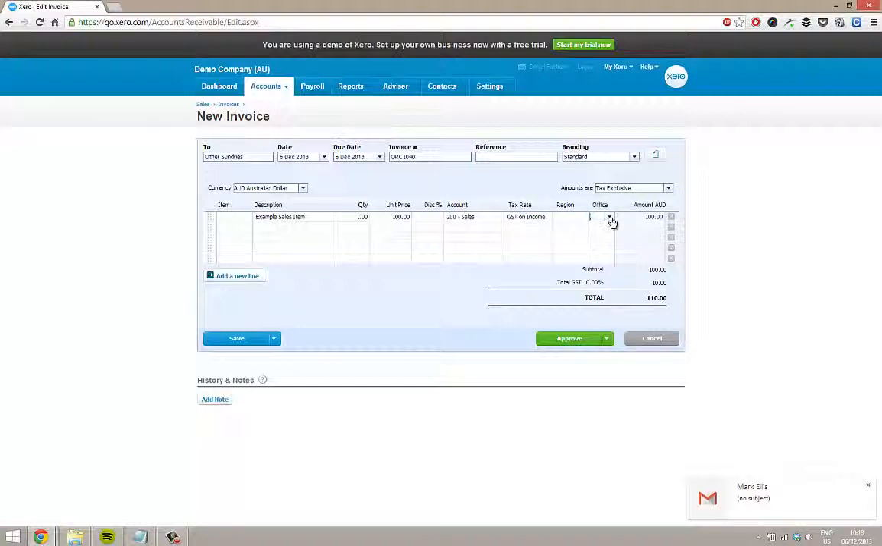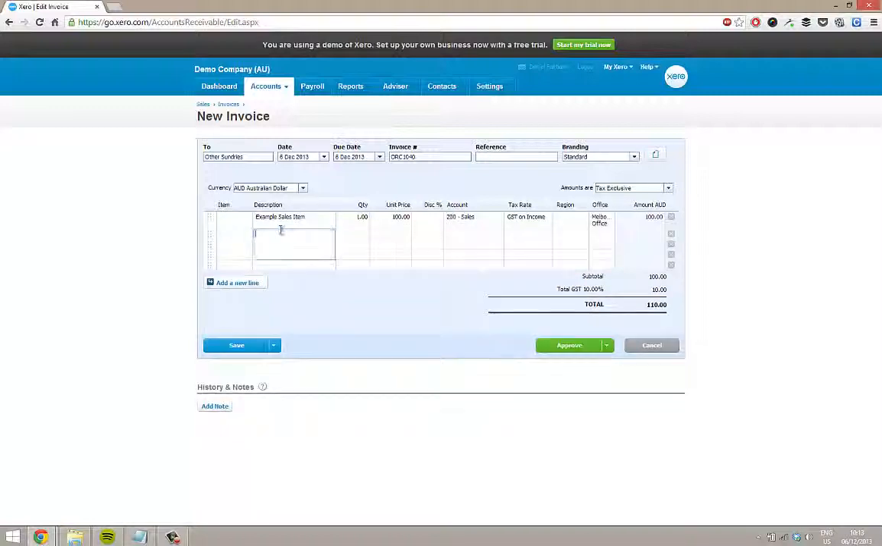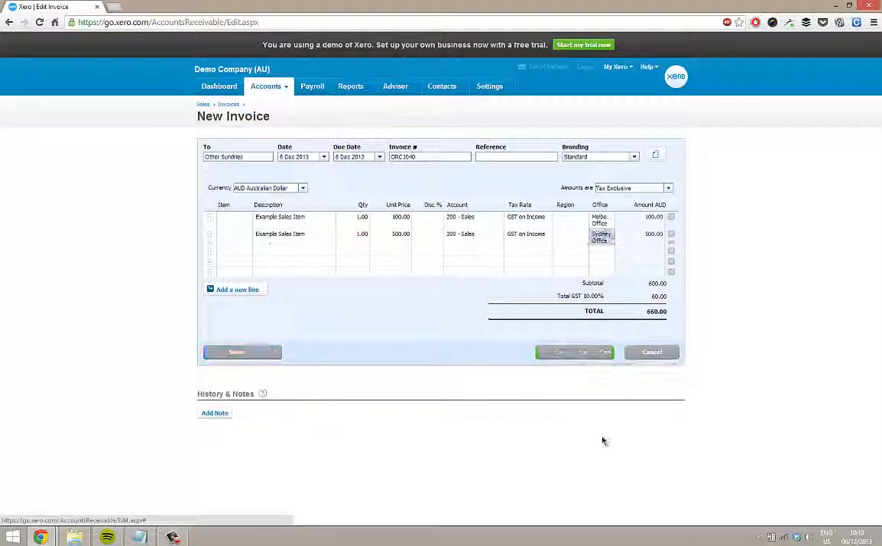and here on the office, I can now pick whether I want the Melbourne office or the Sydney office. So let's say I want $100 to the Melbourne office, and I've got another sales item, maybe at $500, and this is going to go to the Sydney office. So here I have one invoice for $600, but I've split it into a Melbourne office and a Sydney office, despite the fact that it's all going to the same account. So if I just go and approve that now,